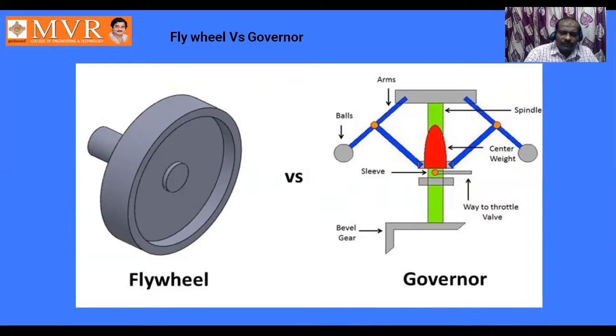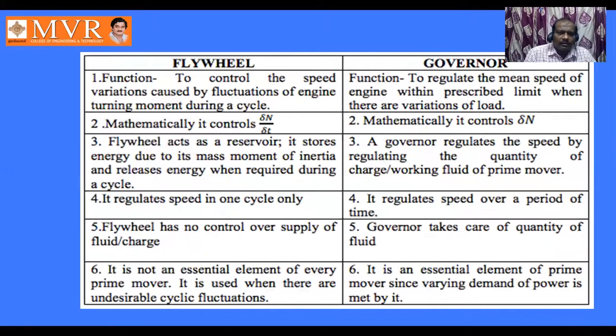If we come to the function of the governor, we can represent what the function is, mathematically how it is represented, what the basic activity of the flywheel is, how many times it can be controlled, what parameters can be controlled by a flywheel, and how important it is. These are the 6 points mentioned while expressing the differences. In the governor also, the same concepts are explained. So this is how a flywheel and governor can be differentiated. The number of times this point is also discussed.